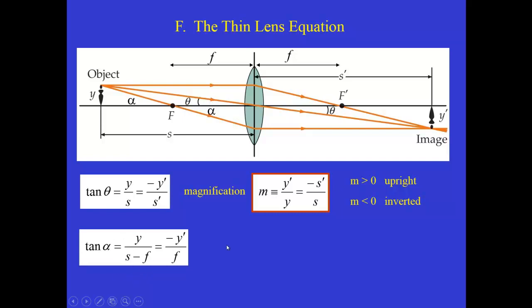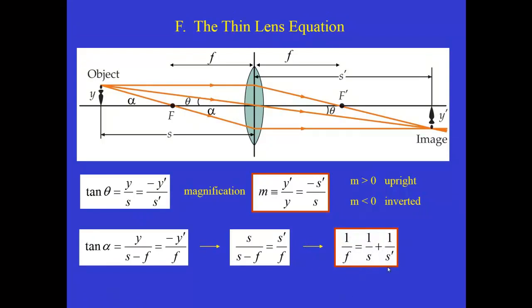So now what we'll do is take the magnification equation and the relationship here between y prime and s prime and substitute that into this equation that came from the tangent of alpha. And I'm going to skip the steps, but when we do that, you'll be able to see that you'll eliminate the quantities y and y prime, and you'll end up with an equation that just relates s, f, and s prime. And so we can rewrite this equation in a little bit more elegant form